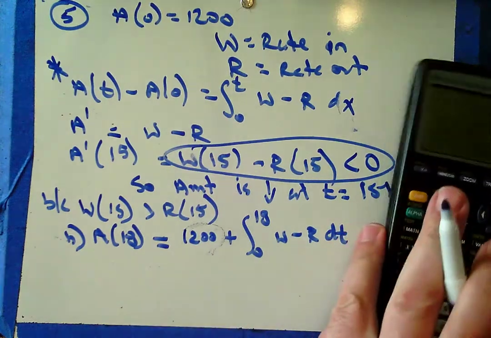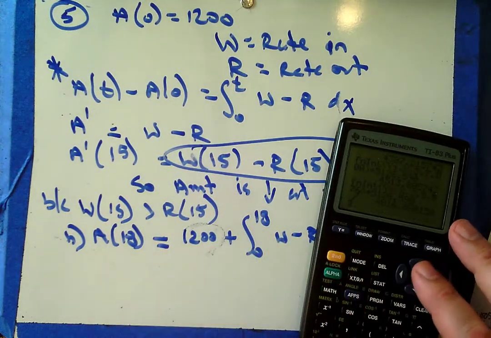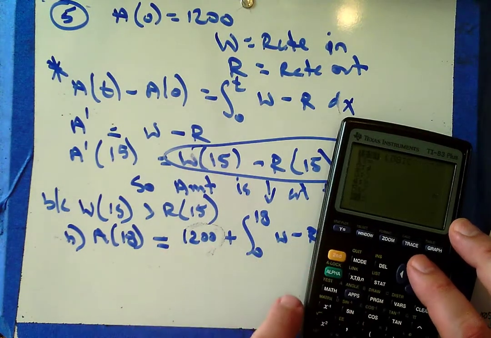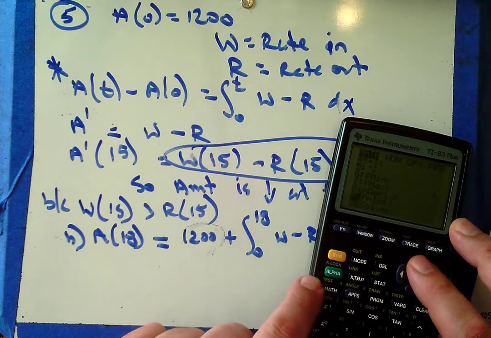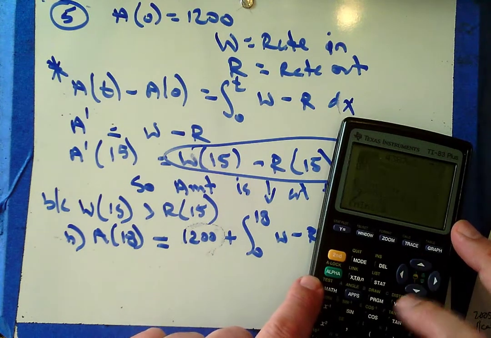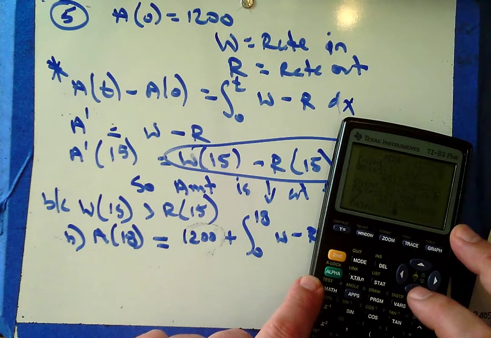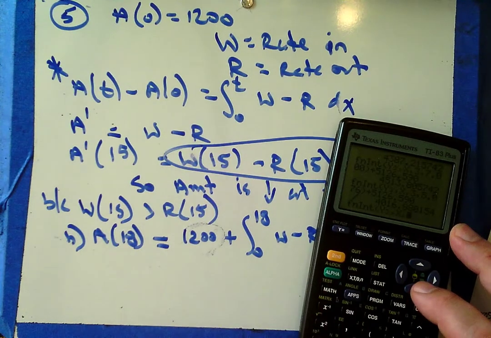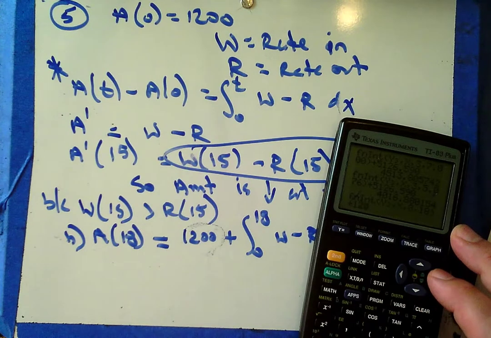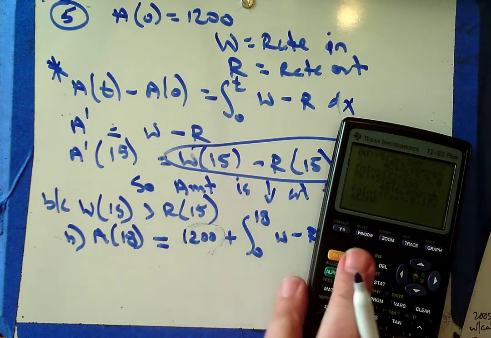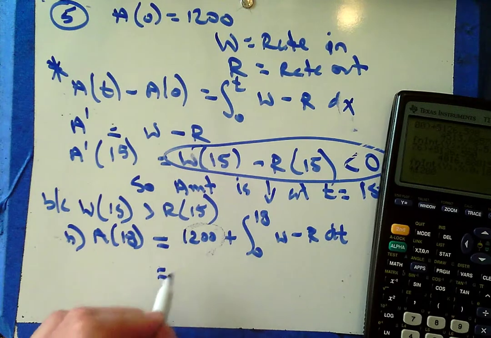To add to that integral, I want to integrate y3, comma x, comma 0, comma 18, and don't forget to add those 1,200 gallons. Then I get